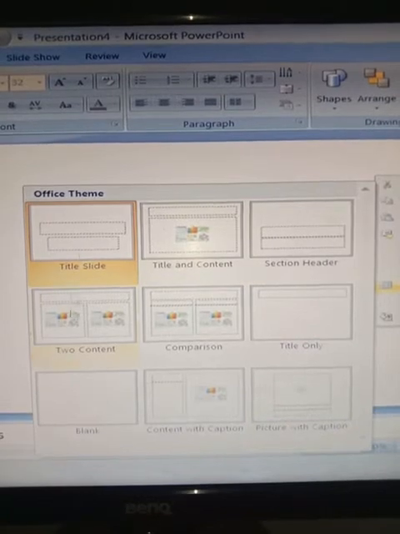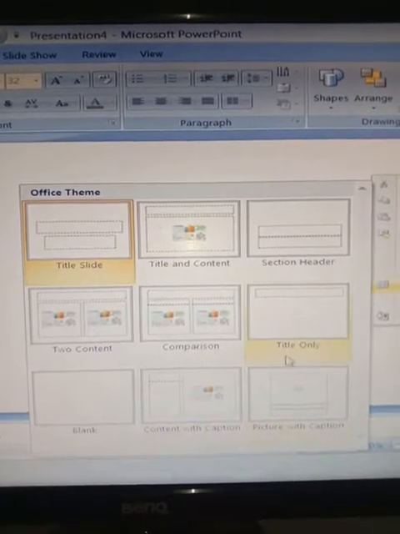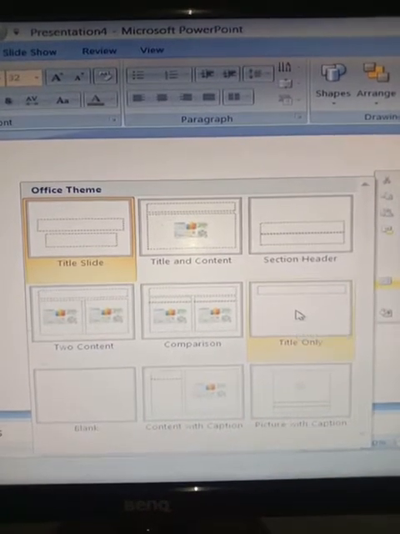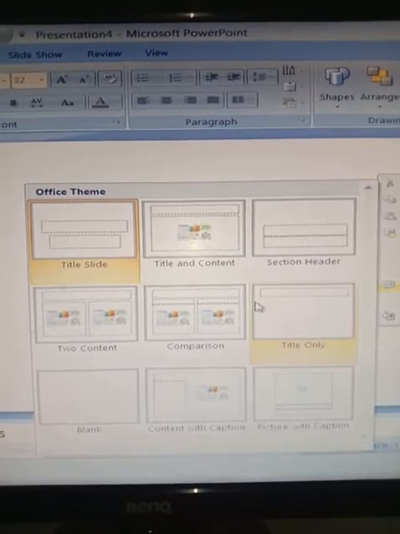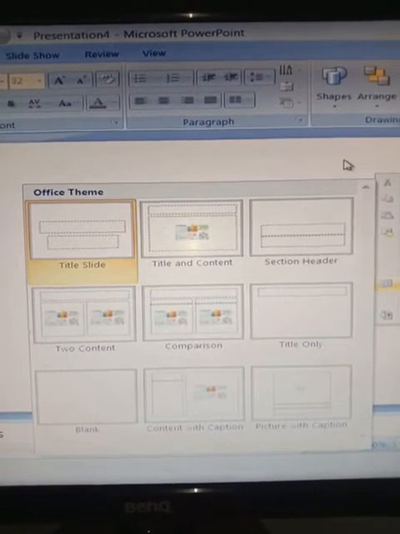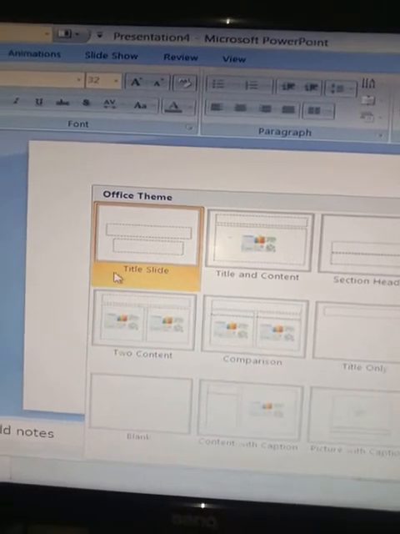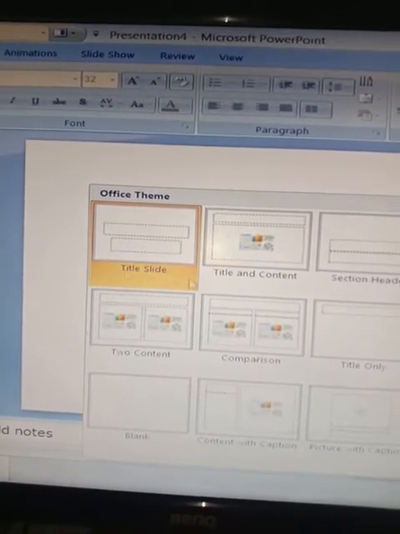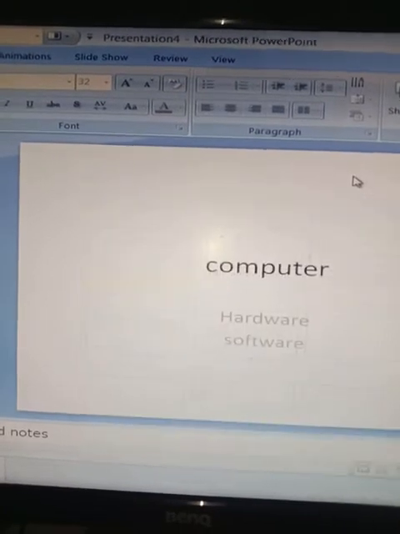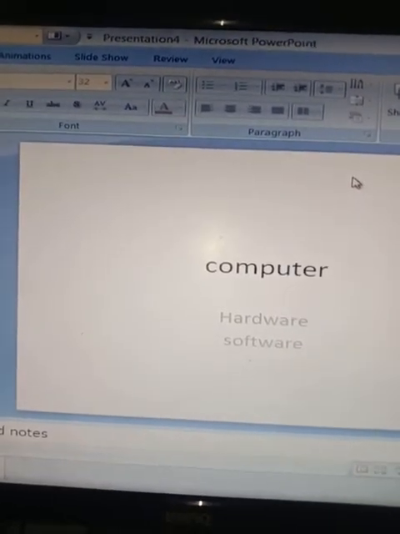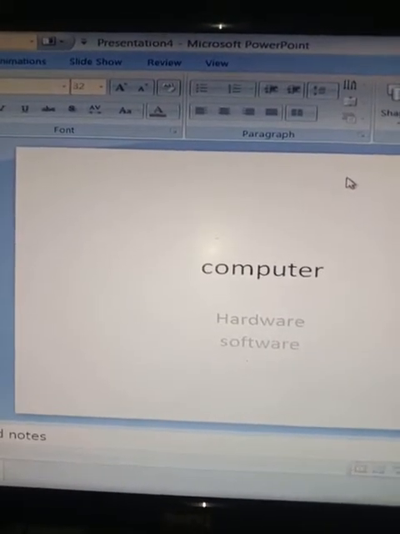So these were the 9 different types of slides. We can change the slides according to our requirement when it is required. By default, whenever we open MS PowerPoint, the title slide appears before us. We also have the option of changing the slide layout when we have created a particular slide.